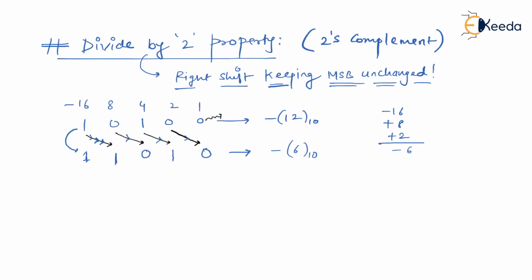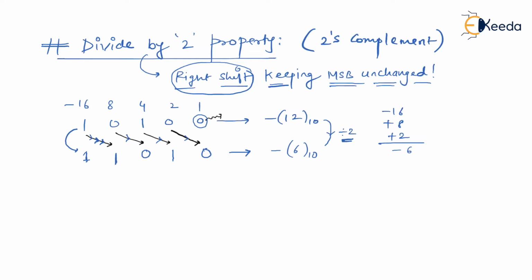See, you haven't divided by 2. What you have done is a right shift. That is, you have shifted every bit of the given binary number to the right by 1 bit, keeping the MSB the same, shifting the LSB out of the frame. Whatever number you have, you will see the magic. This number got literally divided by 2. So on the binary level, what you did is a right shift, and with the decimal number, it gets divided by 2. This is the property I'm talking about.